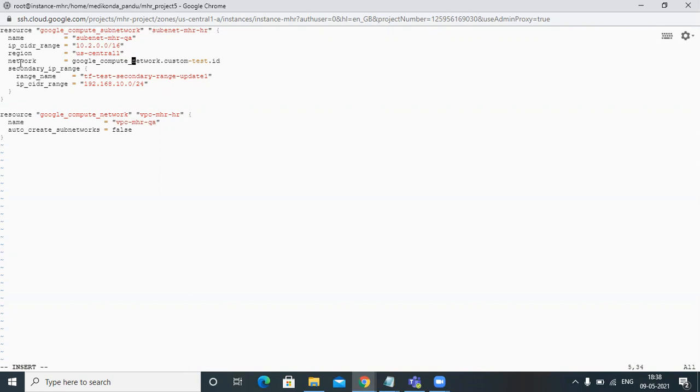Network: here in this network, we need to mention where we need to create our subnet. Here, this is the VPC. In this VPC, I need to create the subnet. So I need to mention this one here. So these things are not required.